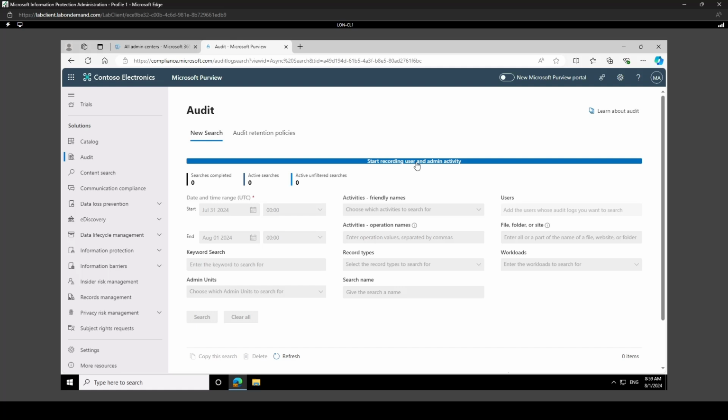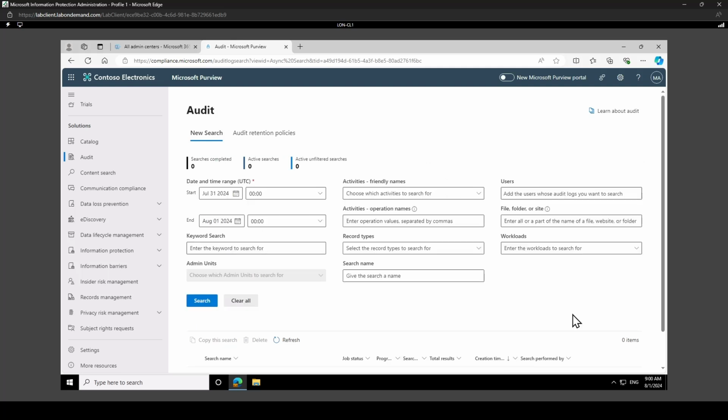So that's where we want to turn it on. So if I go ahead and click on it, and I see, like I said, it may take some time, up to 60 minutes, for the effect to be